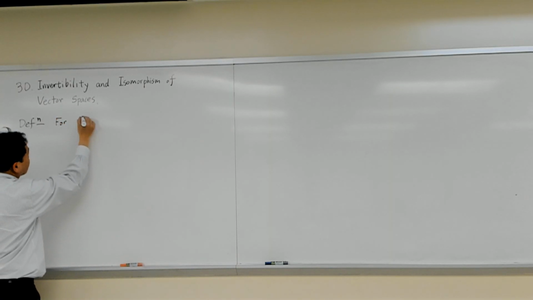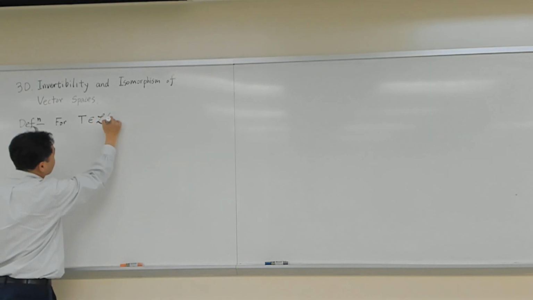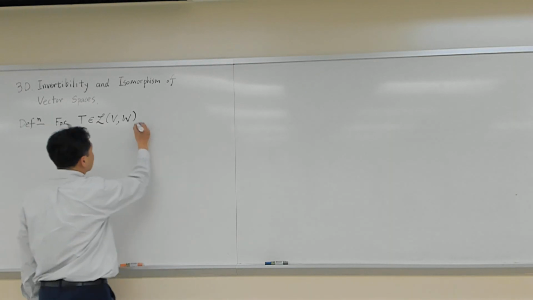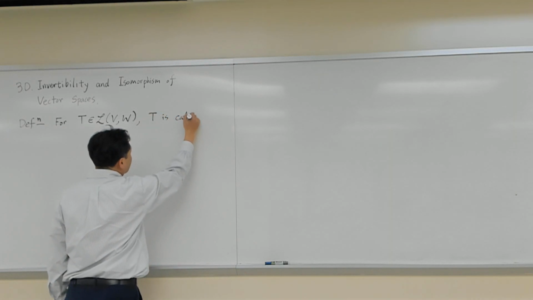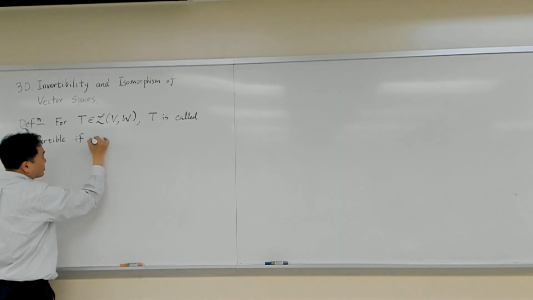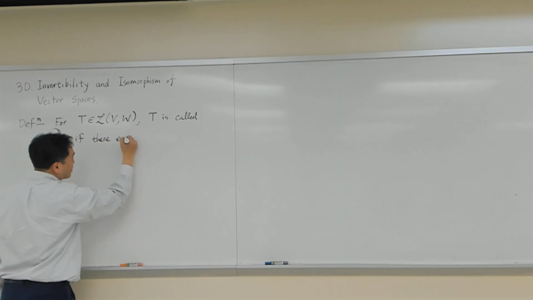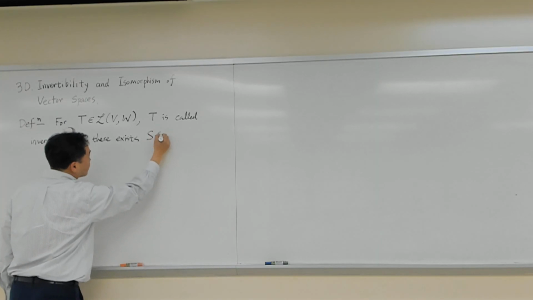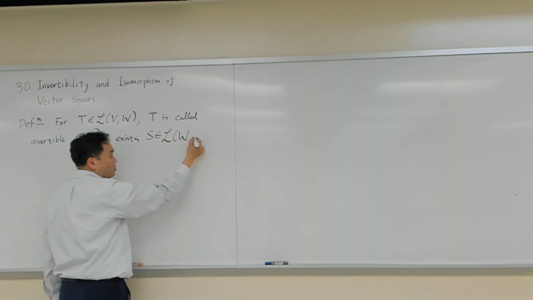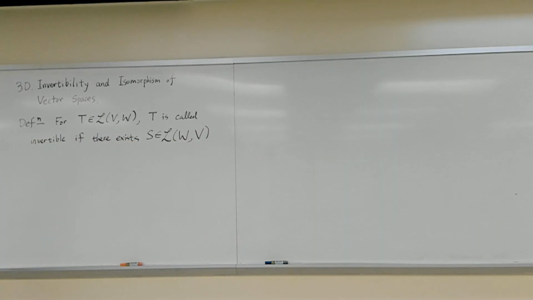For T in a map from V to W, T is called invertible if there exists some S, this time it's a map that sends elements in W to vectors in V, such that